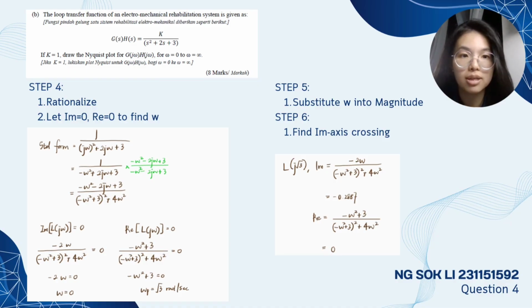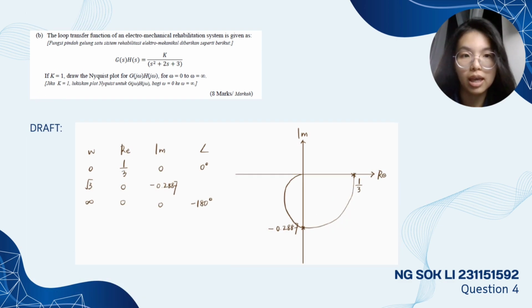After that, we substitute this square root 3 into the magnitude to find the imaginary axis crossing when the real axis is equal to 0. The answer we got here is negative 0.2887. Lastly, I drafted a table to make it easier to plot the Nyquist plot. So this is the drawing that I get, where negative 0.2887 is crossing the imaginary axis and the real axis is